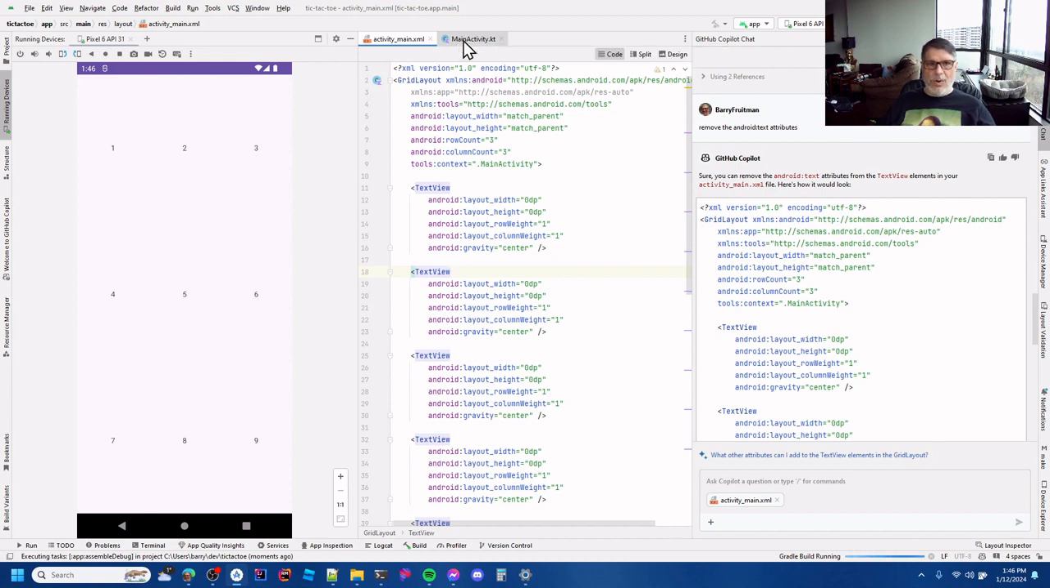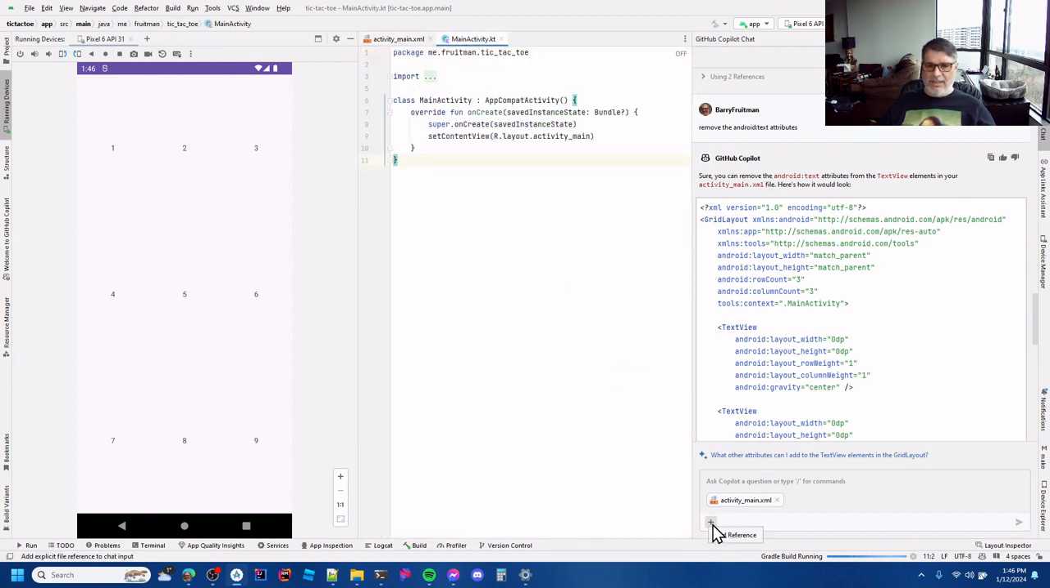And while that's building, I'm going to come over here. I'm going to add main activity. Write a method that adds an ID called board